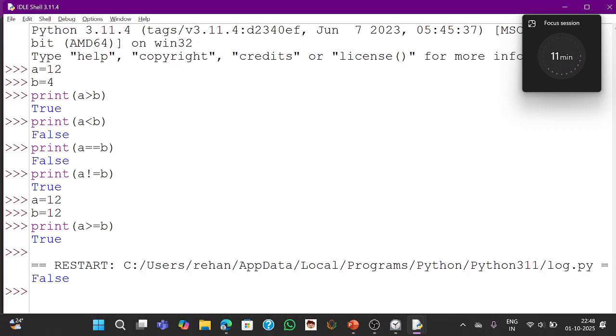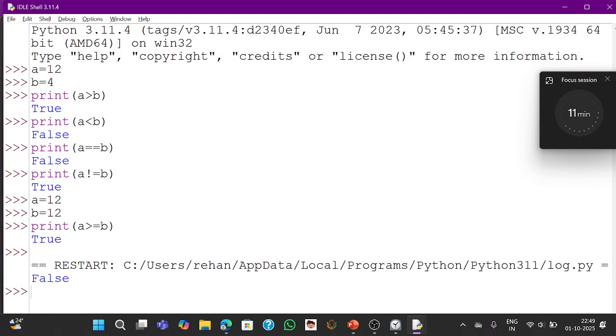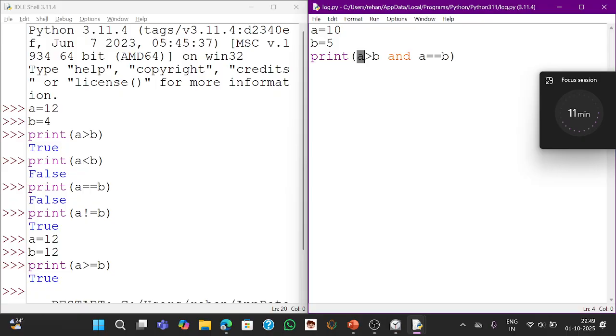Because AND means what? Logical AND operation means both statements should be true. Here we have A greater than B. Yes, this is true, but the other statement is false. AND operation means both of these, this and this, should be true. Now, if I write the same statement